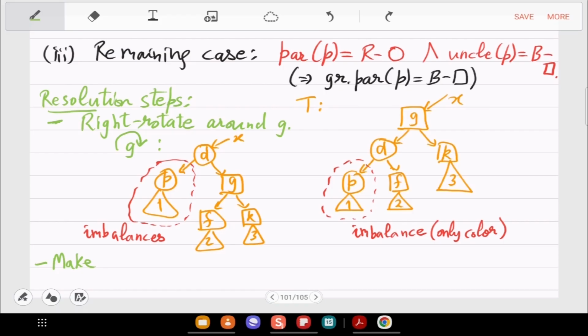Instead, what I want to do is, I want to swap the colors of D and G. Will that work as well? Yeah, let me go with that.